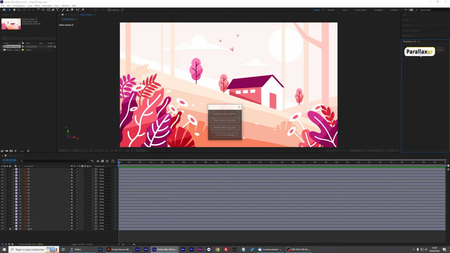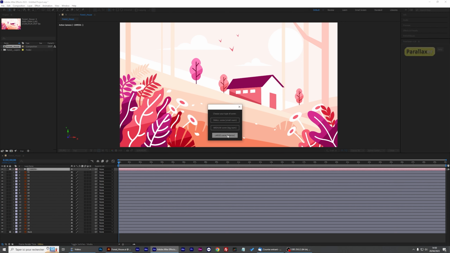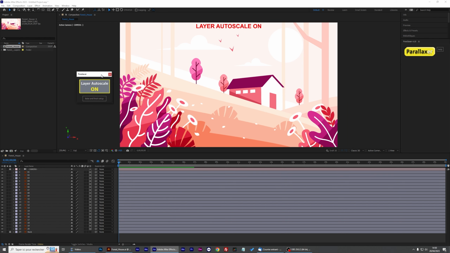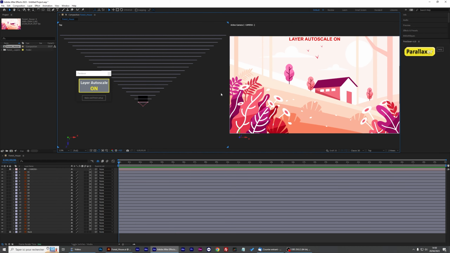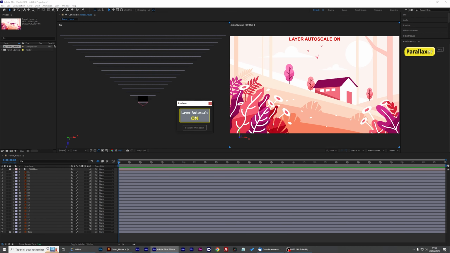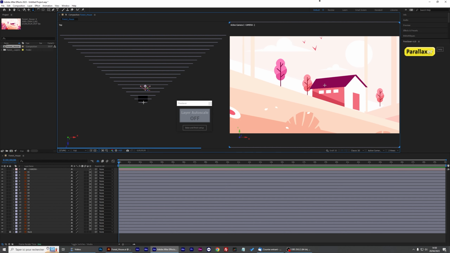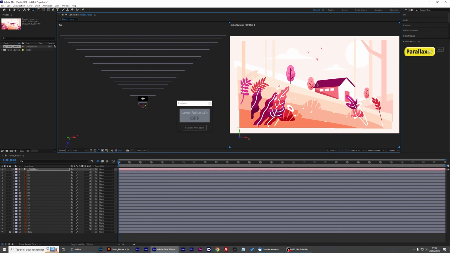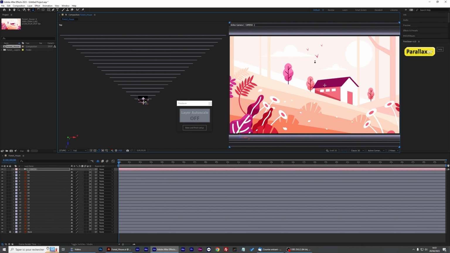I'm going to click on Parallaxer, choose a large scene exterior. Okay, I'm going to put my viewport into view, top and camera. Okay, I'm going to deactivate the layer autoscale because I don't want to move my layers for now, and just start moving in my scene. That is how simple it is to animate an Illustrator file with Parallaxer.